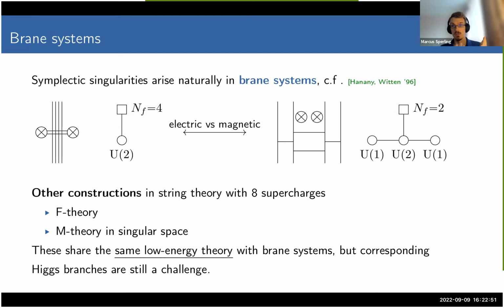I can have a vector multiplet which transforms in the vector representation of one of the SO(2)Rs. I have the twisted vector which transforms as the vector in the other one. So if you, for instance, look at the left-hand side and you allow me to use a fundamental string, then you get the hypermultiplet and the vector multiplet. If we use the setup on the right-hand side and reduce the D1 string, then you would get twisted hypermultiplets and twisted vector multiplets. Then what S-duality does, it exchanges Higgs branch and Coulomb branch and it reverses the order of